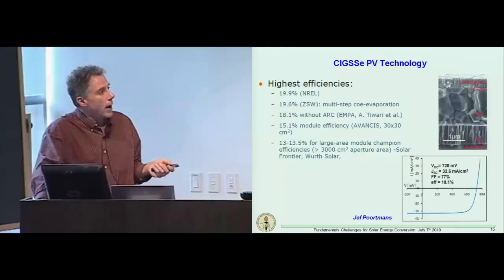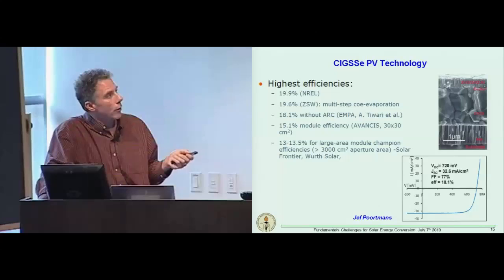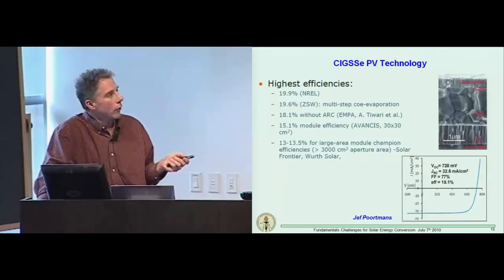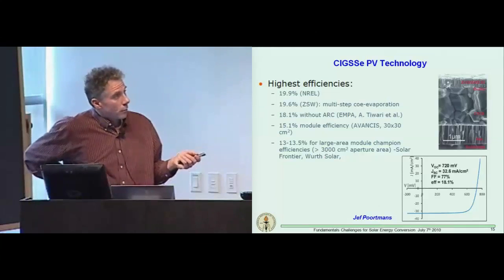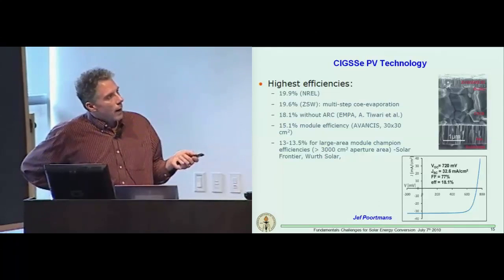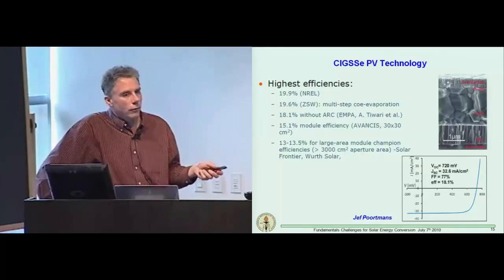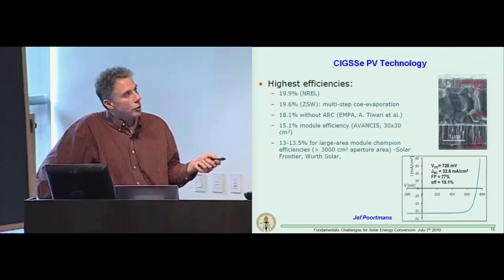CIGS has been one of those beguiling materials where the lab records that have been achieved at NREL and other places, for example here without an AR coat, have shown great disparity relative to the achievable efficiencies in modules. It appears that the complex multi-component microstructure of the film has an inhomogeneity in the open circuit voltage at the scale of things that are just larger than the laboratory cells, that has a significant impact on the achievable open circuit voltage over large area